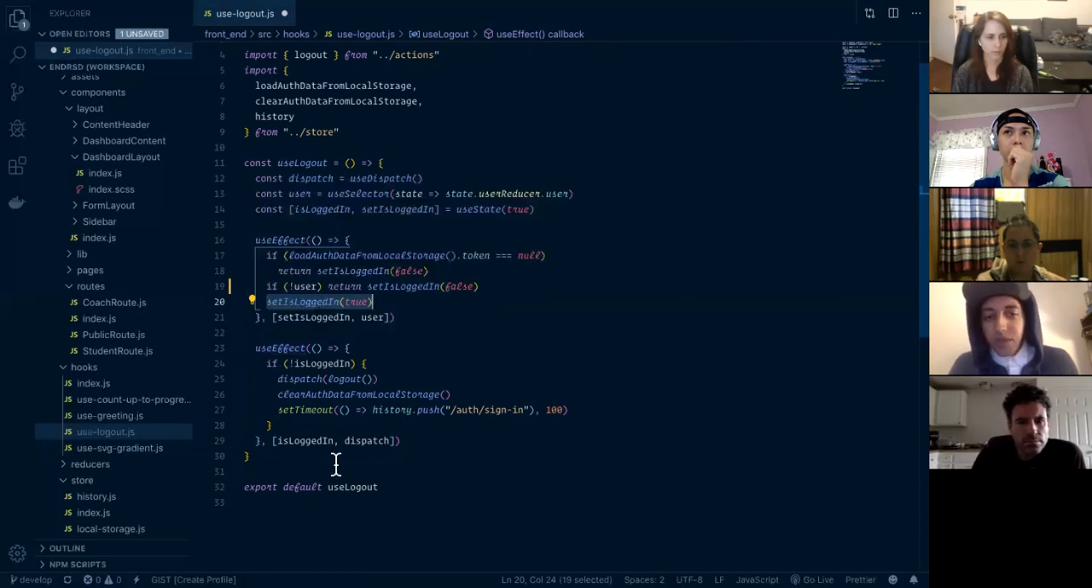Then the way useEffect works is you just put as many of them as you want, and you tell it when to call itself. Like, when should I call myself? When any of these changes. Obviously, when we set this guy it's going to change, which is going to go over here and call this guy. But we're going to say if this is false, dispatch the logout action,